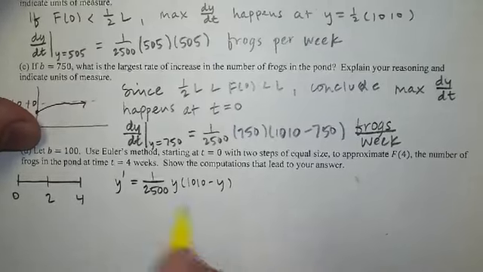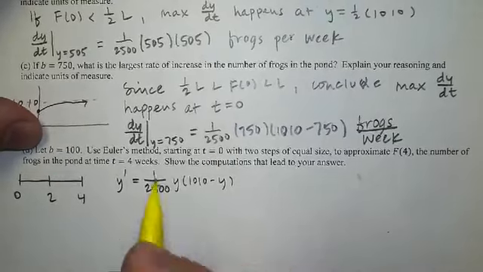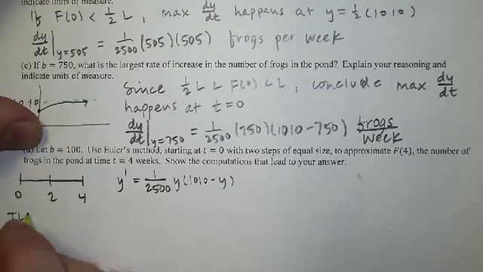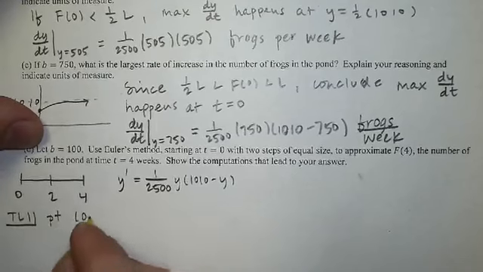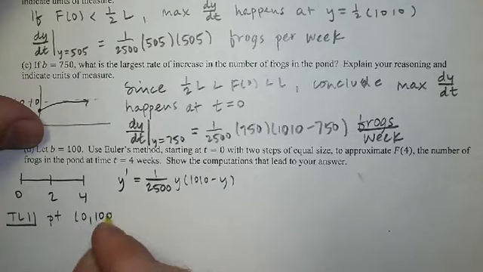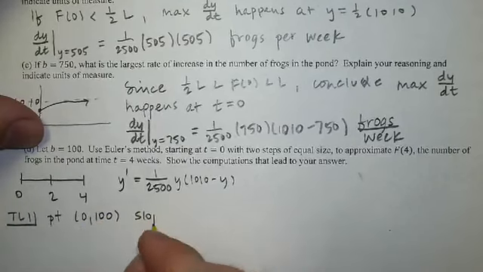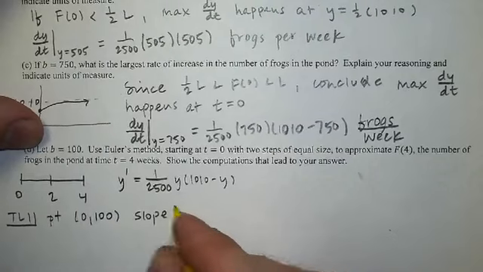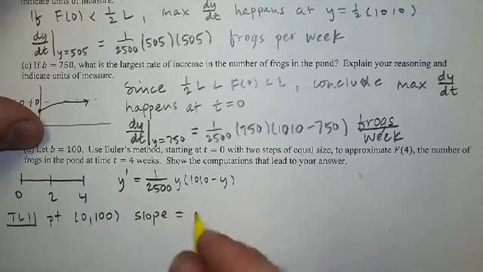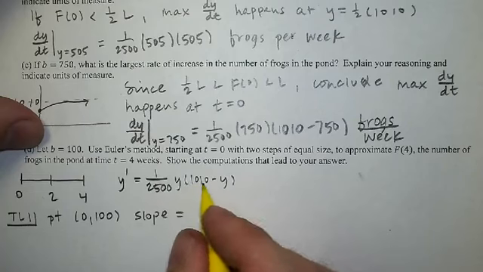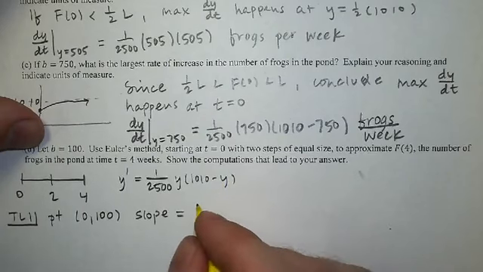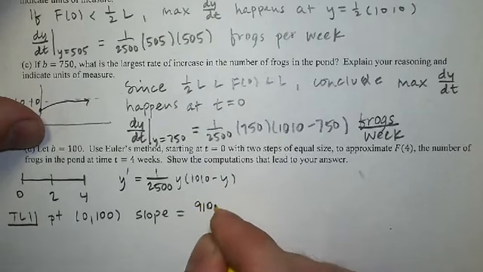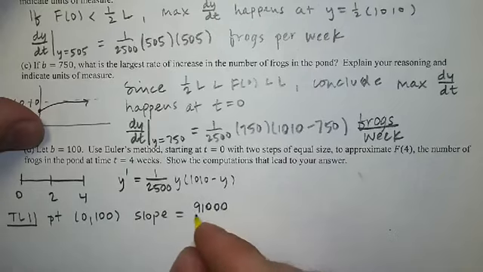All right. So the first tangent line for Euler's method is going to have a point, well, t equals 0 and y is 100. Slope is going to be y prime when I plug in 100 for y. So that's 100 times 910. So that's 91,000. Divide by